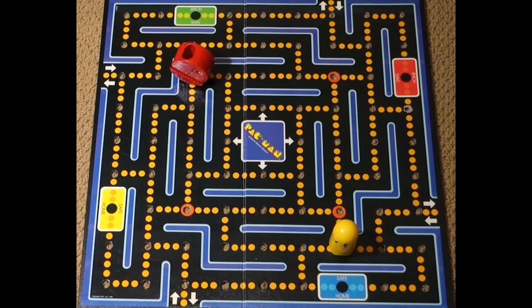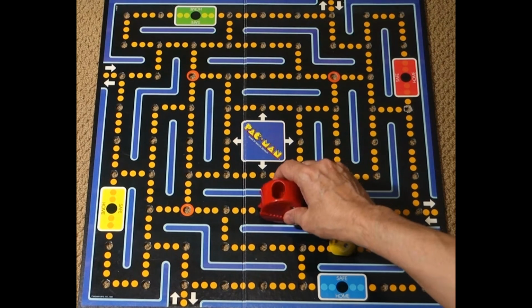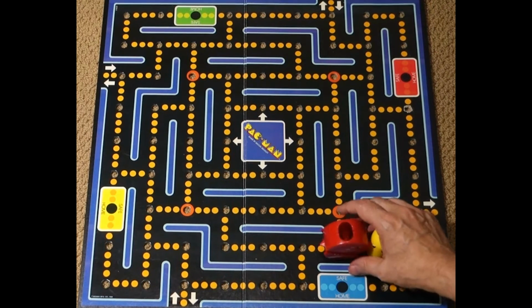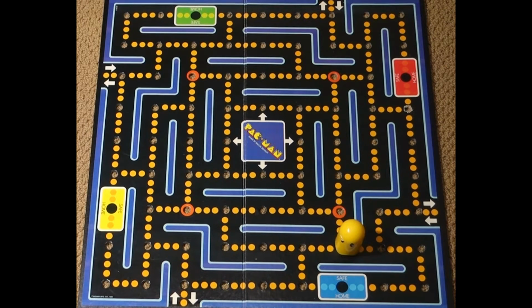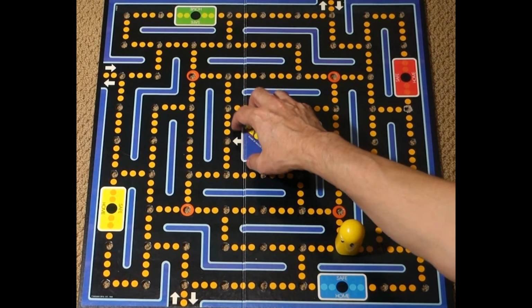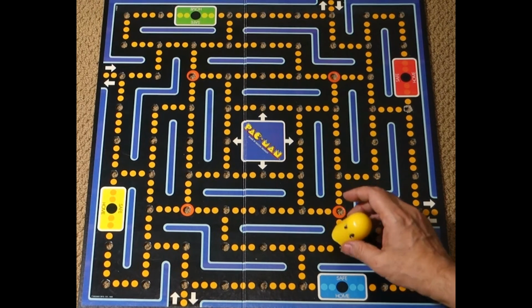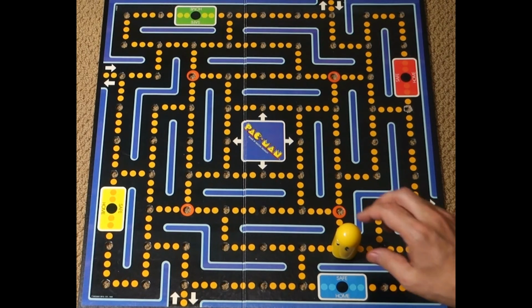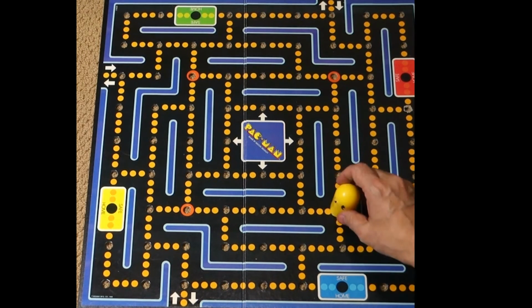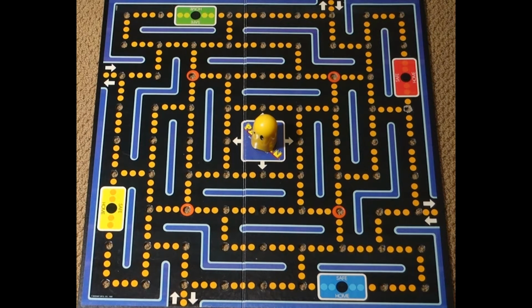Now, when Pac-Man finally does eat a power pellet, and then he eats the ghost, the ghost turns into a set of eyeballs. And once that happens, I change the logic in the program to move the destination to the ghost cage that the clone wants to move to, and then I make the ghost move in that direction. I don't use the random set of directions anymore. I only use the priority directions.